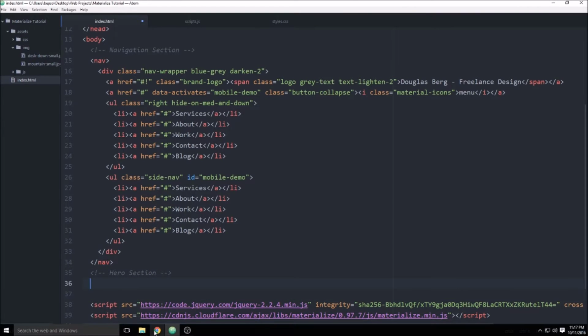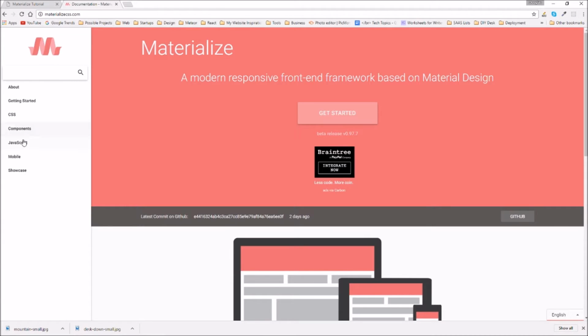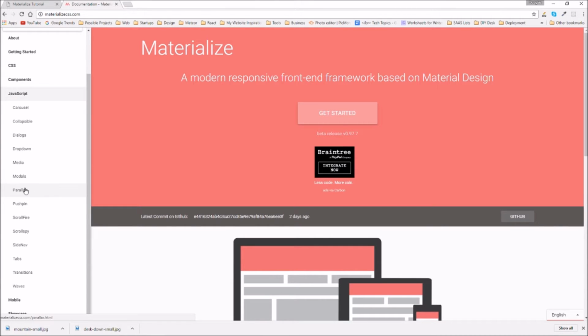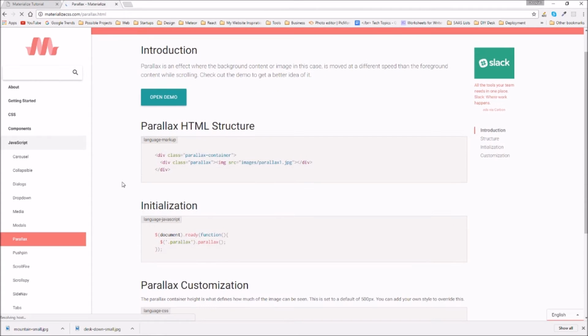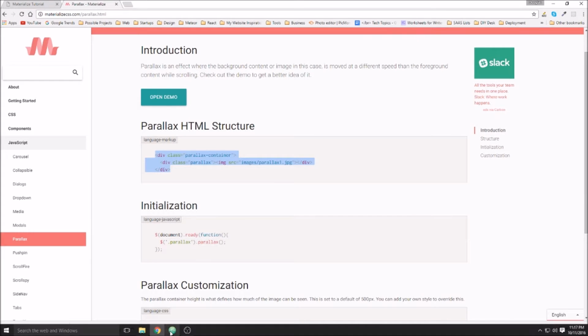So we need to go back to the Materialize documentation. We'll go down to JavaScript this time and pull up parallax, and we'll just copy this text. So what it is, we're going to have two divs. The parent div is a parallax container, and the inside div is the one which has the background image, and it'll actually have a class of parallax. So the one that we'll actually put our content into will be the parent container, and then it'll be sibling with the parallax image. So we'll go ahead and paste that back into our project